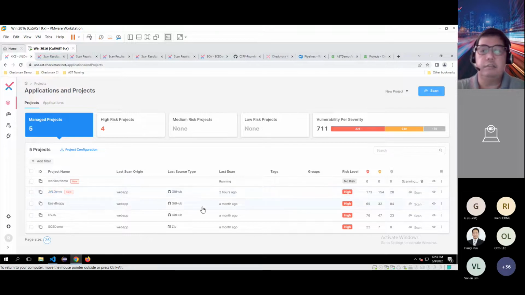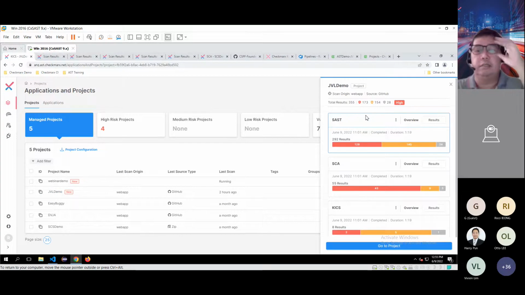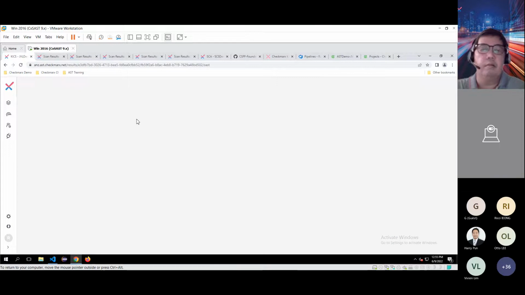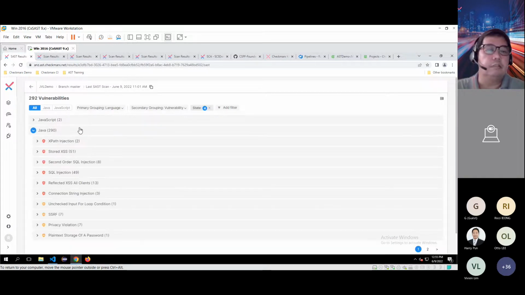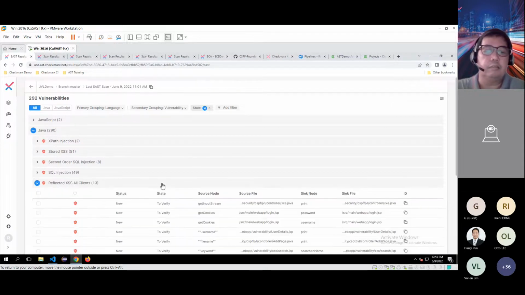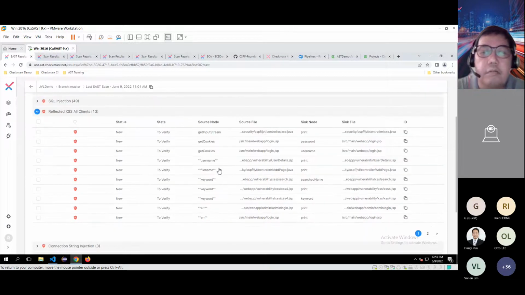This is the same project that I scanned earlier. You can see the results that I get from static analysis, SAST, SCA, and KICS. For example, I can go to SAST to find the results. I can show the vulnerabilities found in the SAST scanner results. For example, I can see reflected cross-site scripting. So I can see one sample. If I click on one of them,